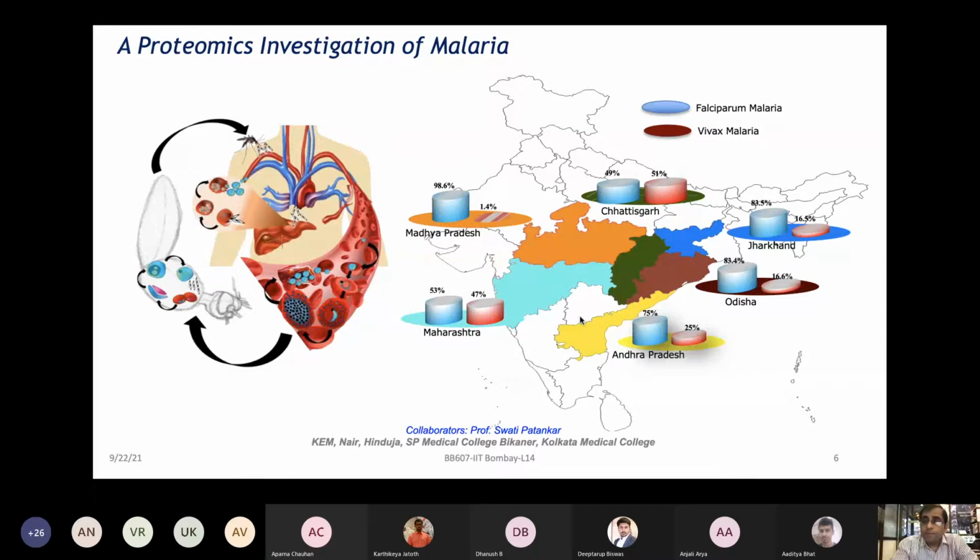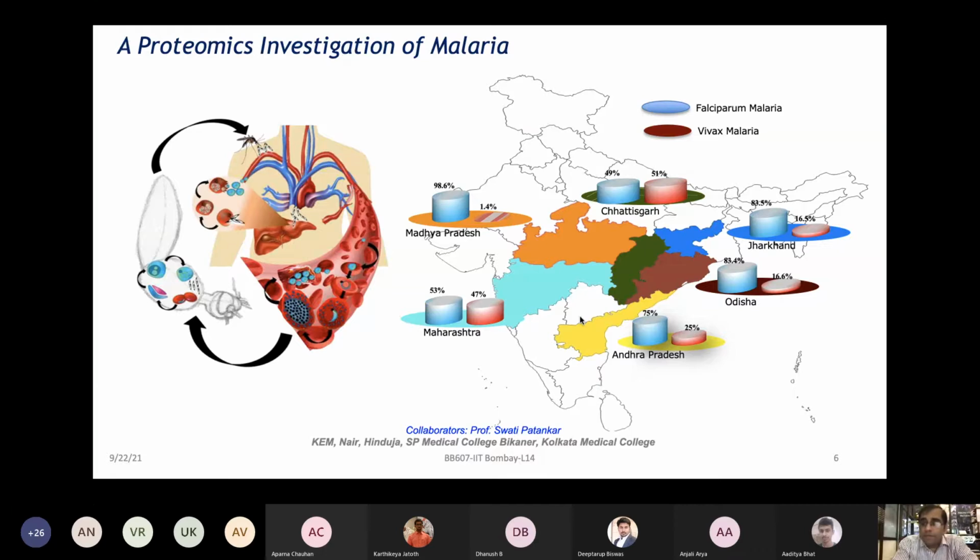But Plasmodium vivax over the last decade has taken over from falciparum now. And in India, in most places now, it's mainly vivax malaria, not falciparum malaria anymore, only a few cases of falciparum. Whereas when I started back at IIT Bombay, at that time it was primarily only falciparum malaria, a decade back, when I joined here.